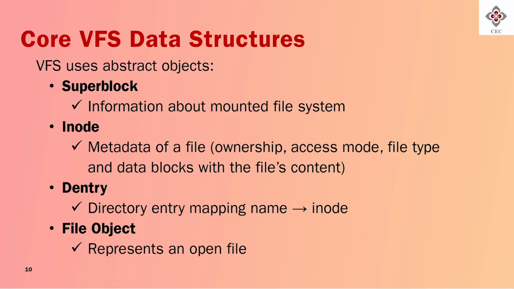So, this also contains metadata, but of minimal level. For each file it has that, but it will not have the file name. It has only the information about the file like ownership, access mode, file type, and data blocks with the file's content. The next is the dentry, which acts as a glue between this directory entry mapping with the name and the inode number. So, once the inode has its number,